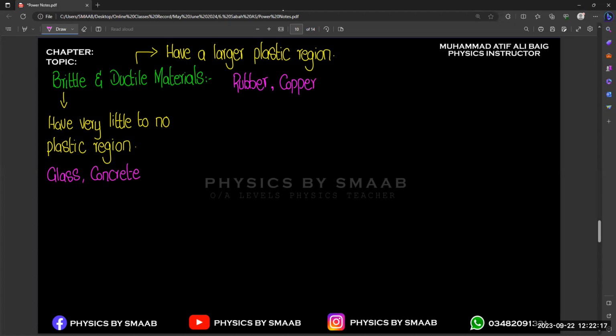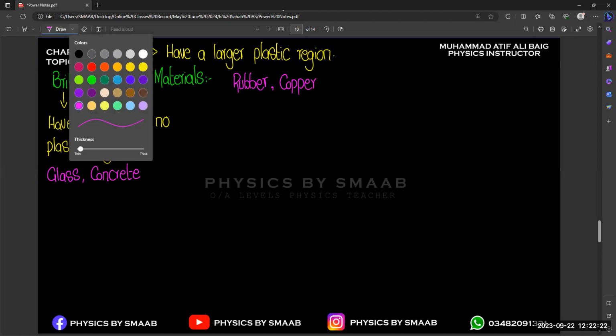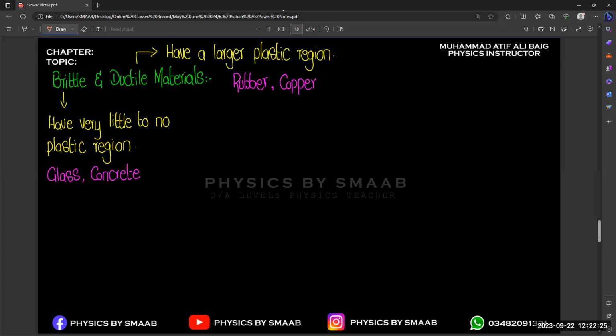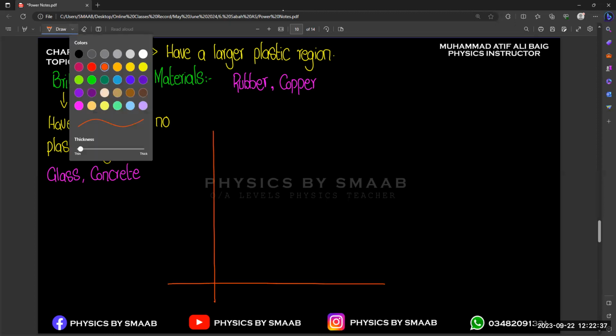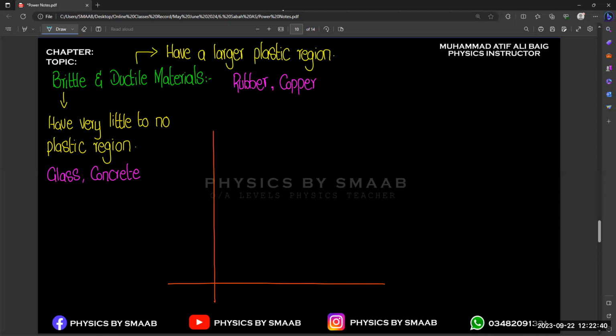So these are some materials, and if they ask about the graphical representation, how to identify in the graph which type of material is ductile or which is the brittle one, you can identify from the graphical representation. So according to the graphical representation, if we talk about the brittle one, it will be like this. And if we talk about the ductile,